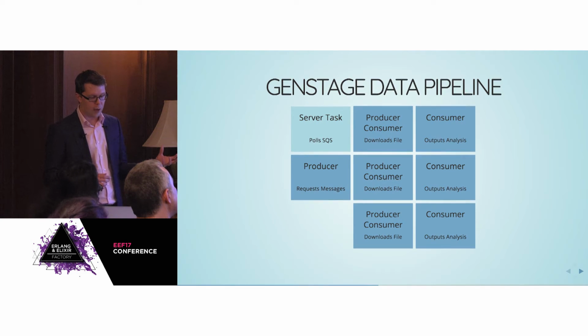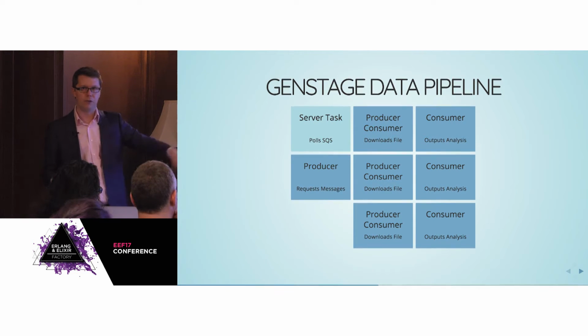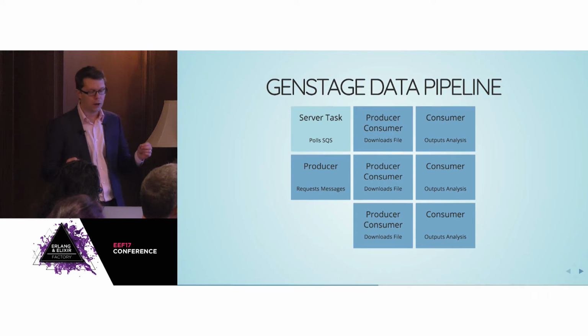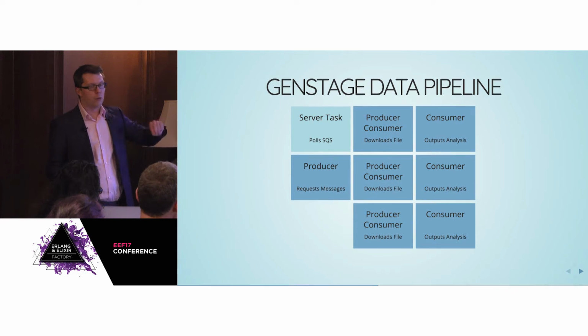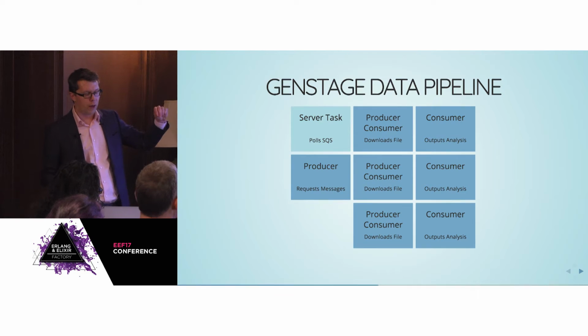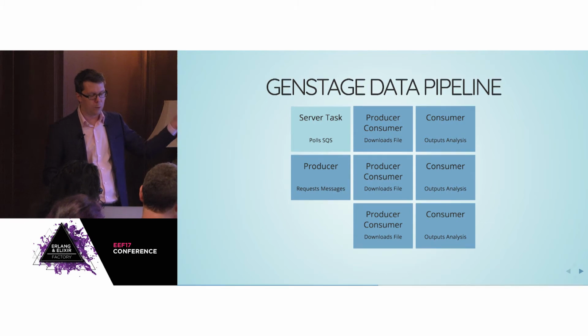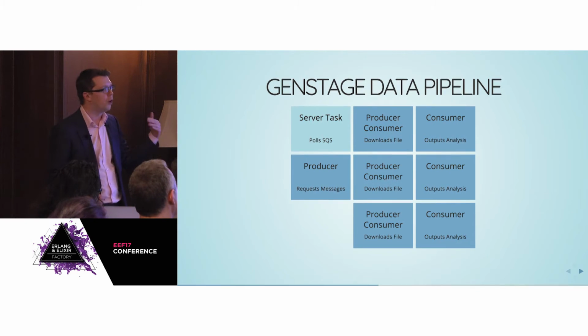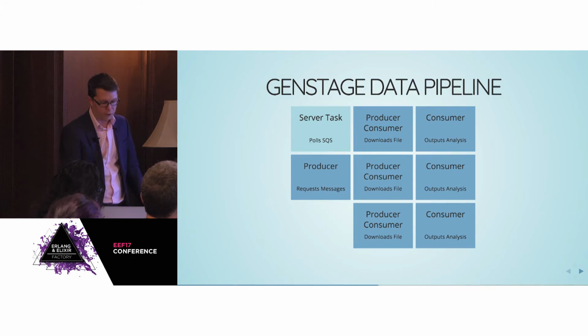And so because we have multiple consumers making demand, we don't want the producer to block while it's looking for messages. We want it still to be available to get more demand. So the actual job of polling SQS is done by a separate module which just has a loop function that runs as a task, and the producer will turn that loop on and off as demand for messages comes in.